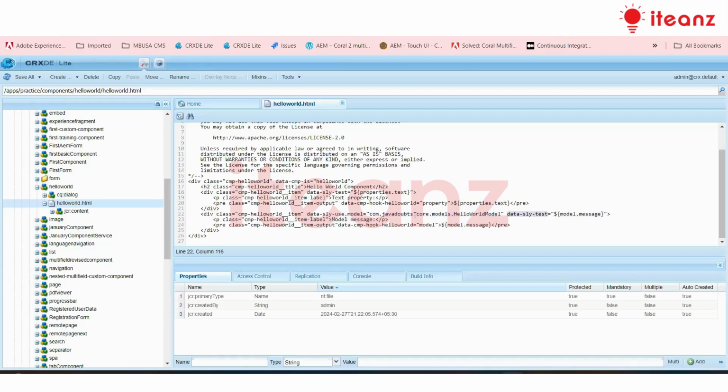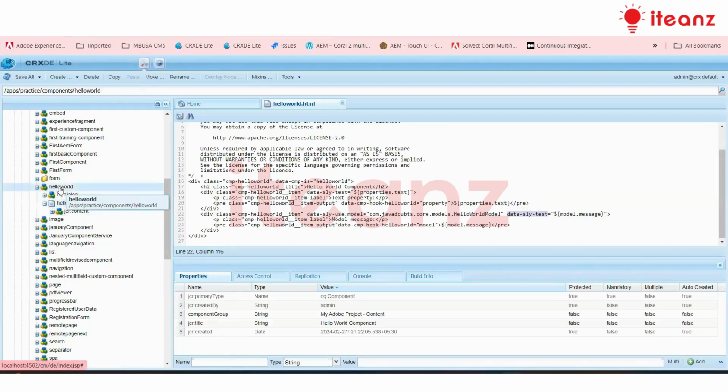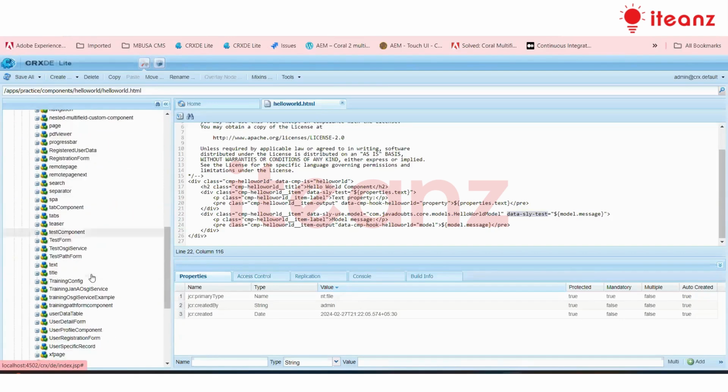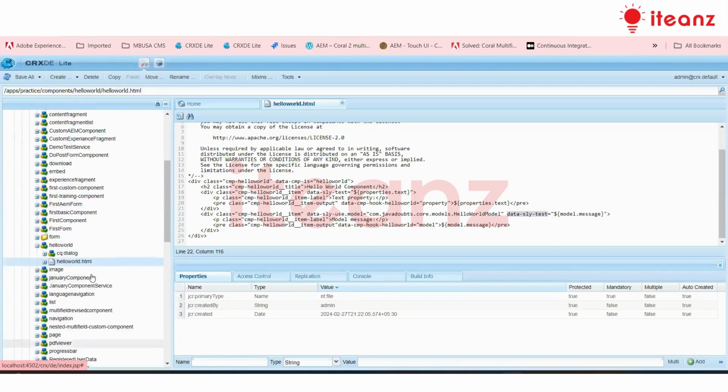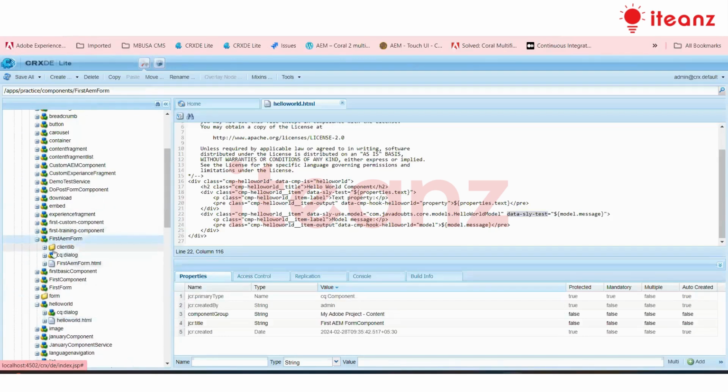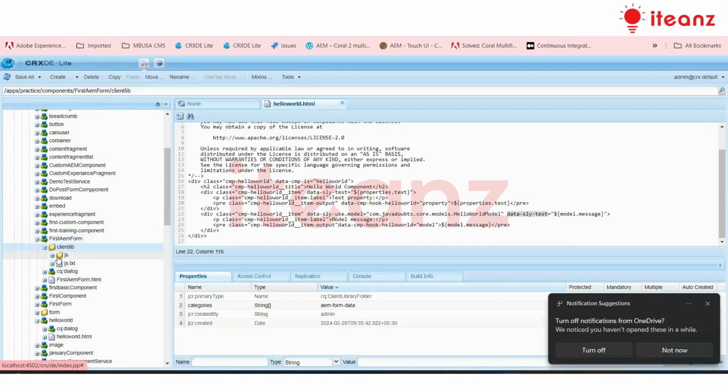So all the things we have, it is generally HTML, but some of the properties and attributes we use are related to AEM. As you can see, this is the component, this is the HTML part. If we need any JS also, let me show you if we have anything in JS. As you can see, we have one component. Within the JS section, if we need to write, how to write, how to create and how to process this one,